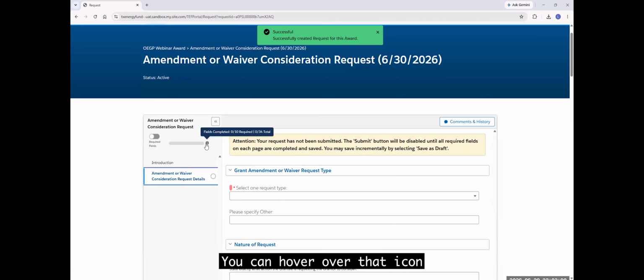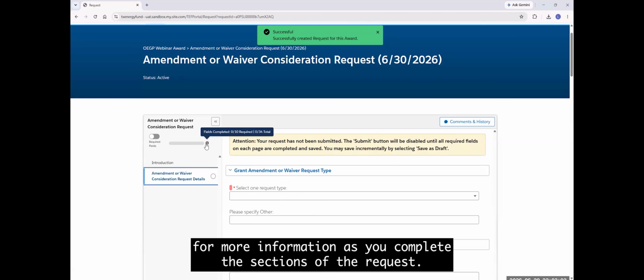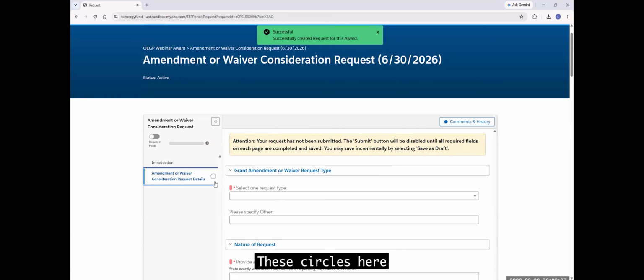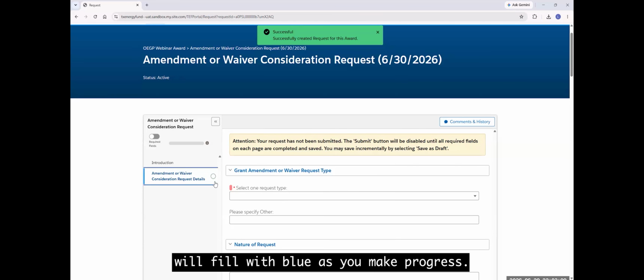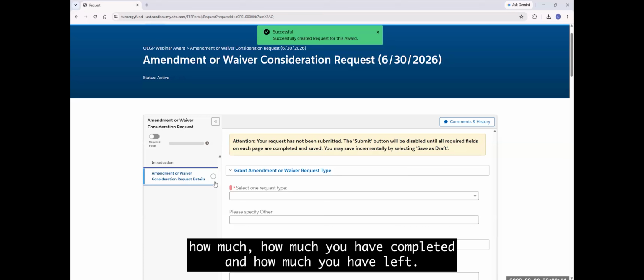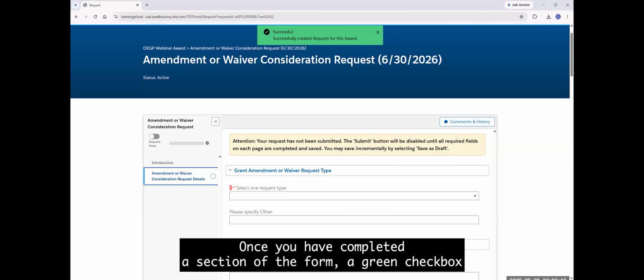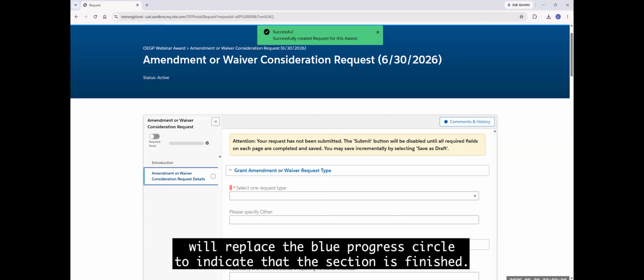You can hover over that icon for more information. As you complete the sections of the request, these circles here will fill with blue as you make progress to show how much you have completed and how much you have left. Once you have completed a section of the form, a green checkbox will replace the blue progress circle to indicate that the section is finished.